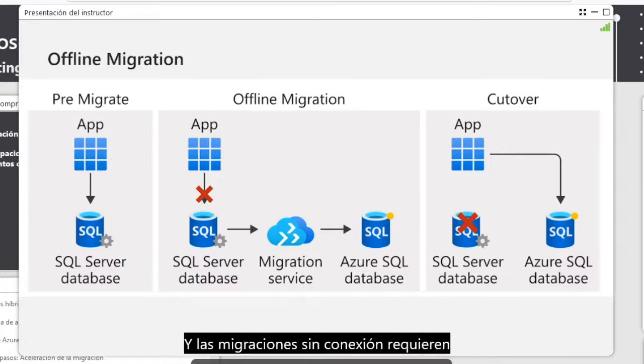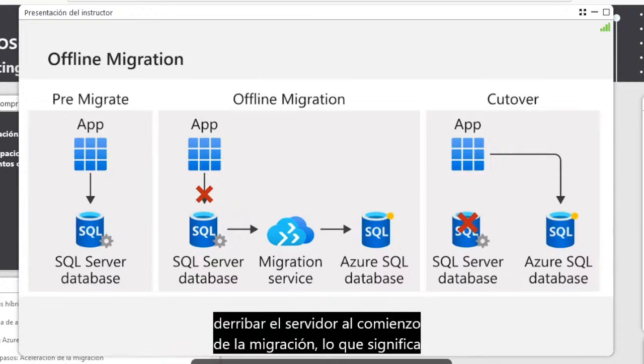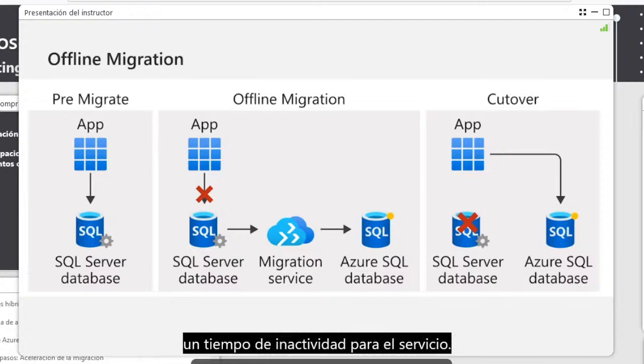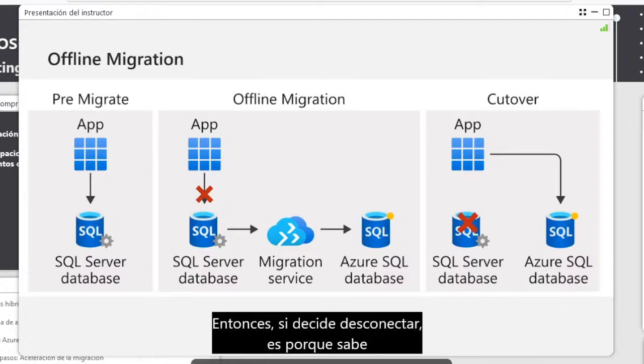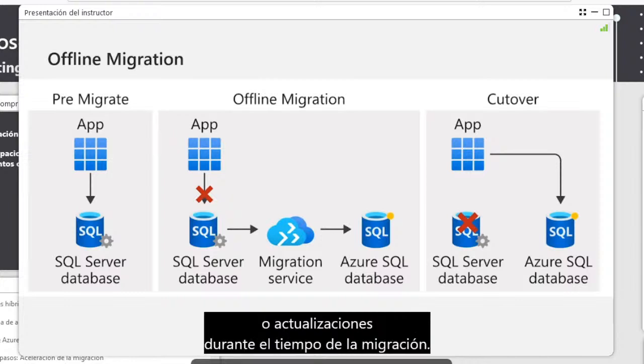Offline migrations require shutting down the server at the start of the migration, which means downtime for the service. So if you decide to go offline, it's because you know that you can have your application not running, or at least not hitting the database with requests or updates during the time of the